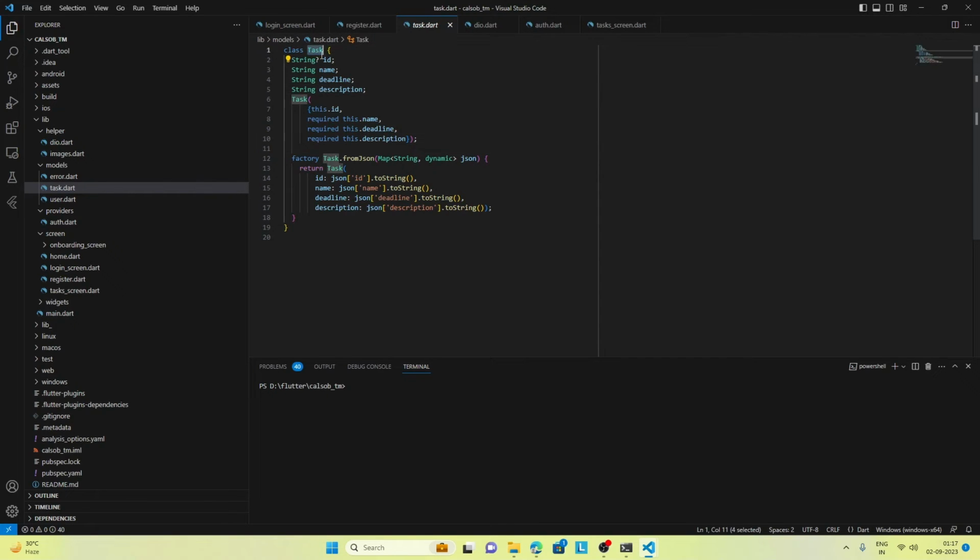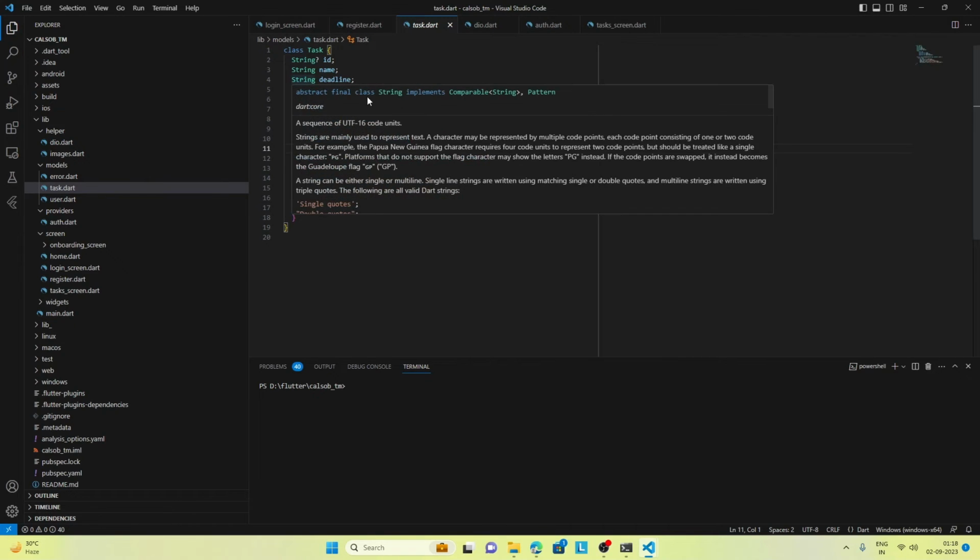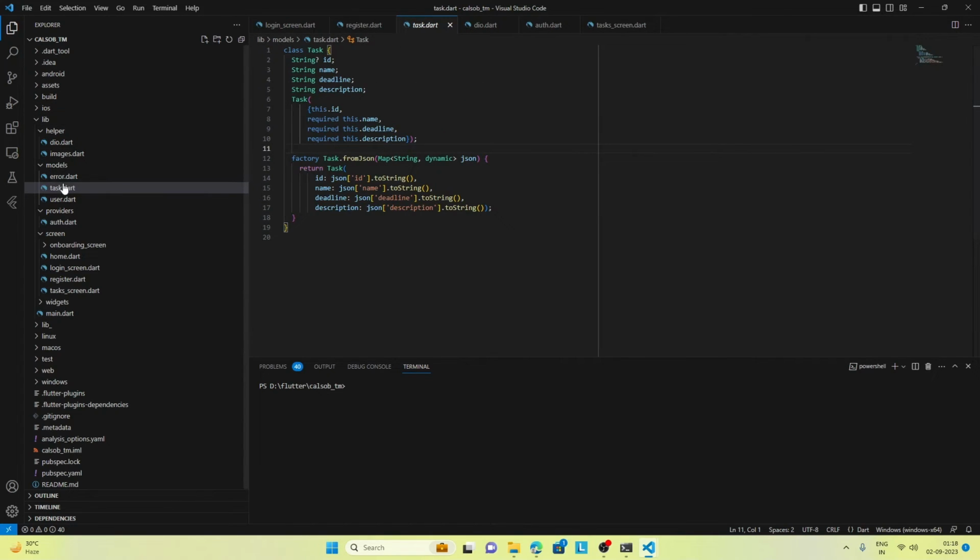And you can see the model name has also been changed, the fields have been changed, the constructor parameters have been changed, and the return and the constructor parameters are changed here as well, where we convert data from JSON to factory. Okay, so we can say in short that this task model is something that was completely changed,